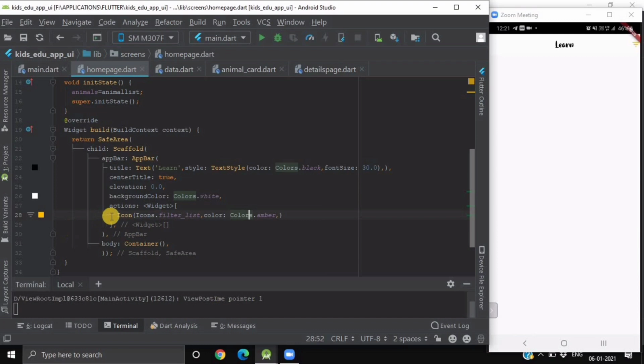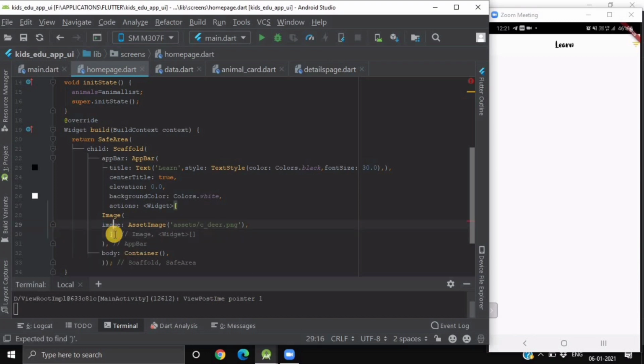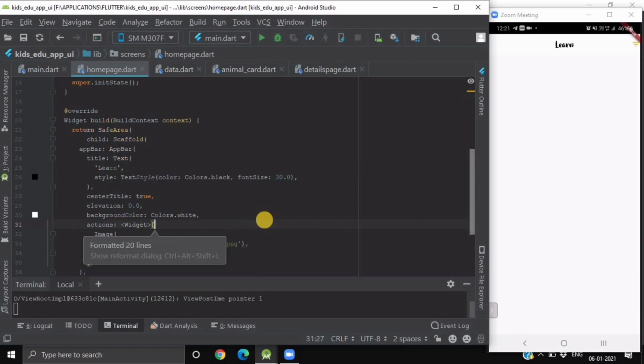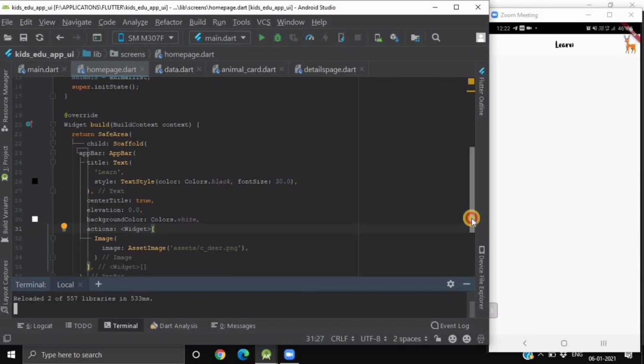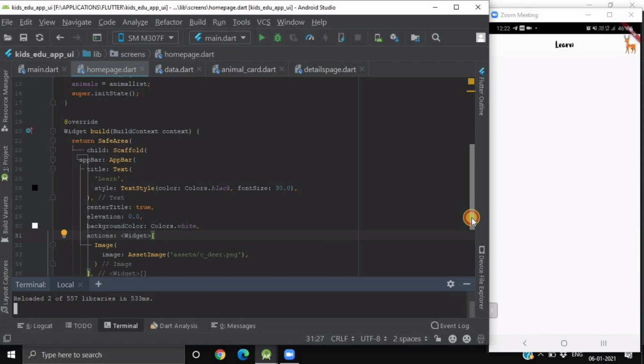Now instead of this icon over at the leading side, we'll replace it with an image widget, and we have to wrap it also. Now when you reload it, we will be having a deer image over here. You can choose any other asset image also for profile, but because it is a kids education app, I have decided to go with this image.